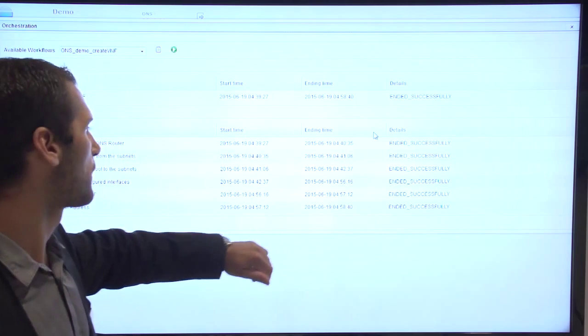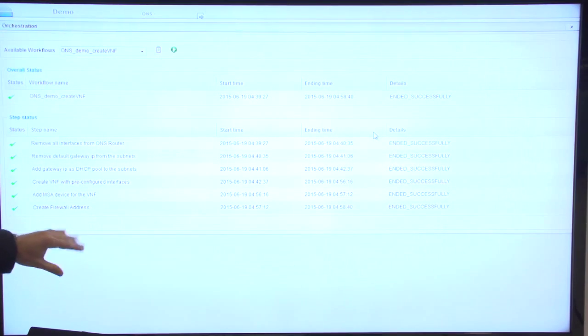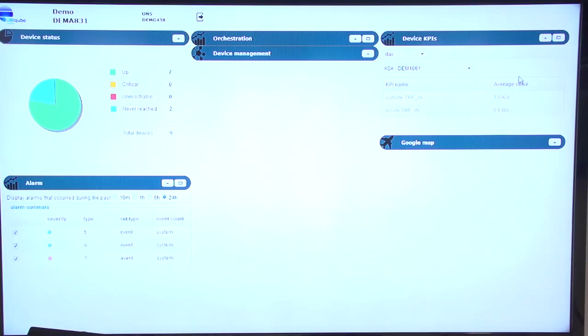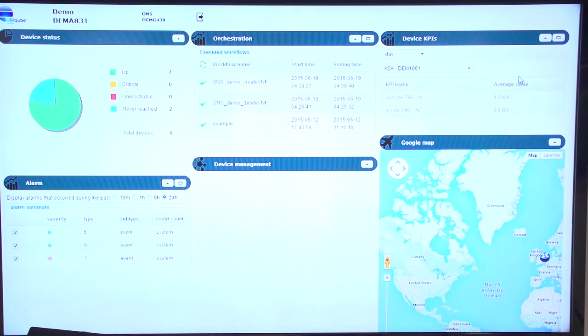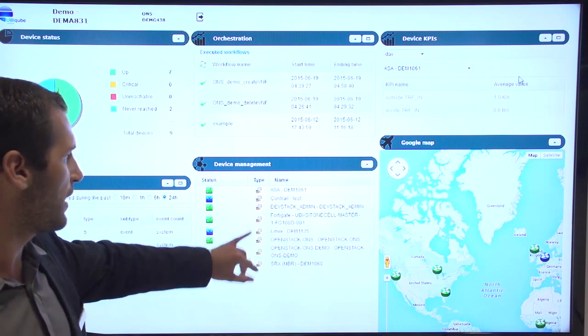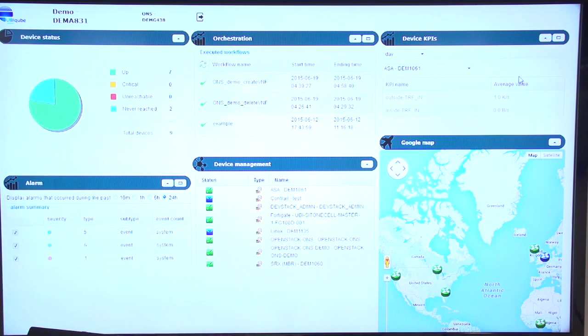So let me go back to my customer portal where I launched the workflow. Now we can see that the workflow is done. I have created my new VNF, and I have provisioned my firewall policies, and I have redirected the traffic. Let me close the workflow and go back to my customer portal. Refresh it. Now, as you can see, I have a new device created, automatically created by the workflow. It is an SRX. So let me open the object console.